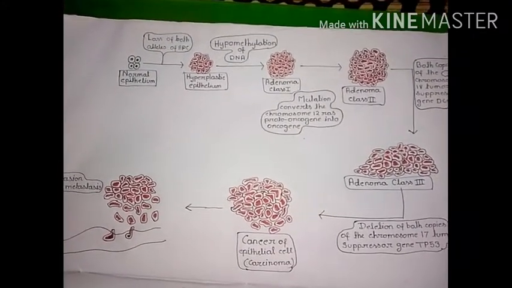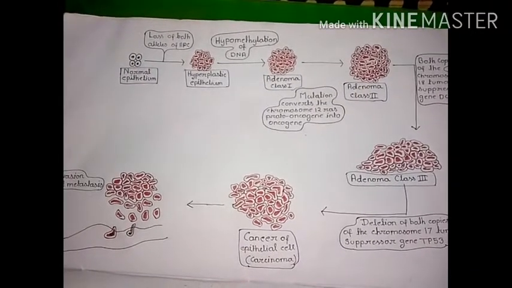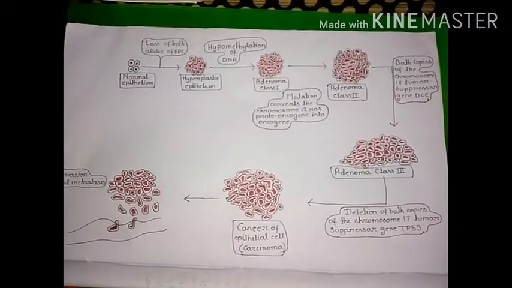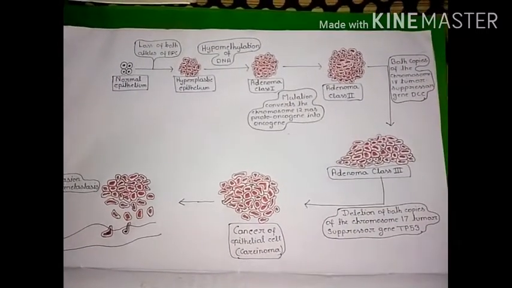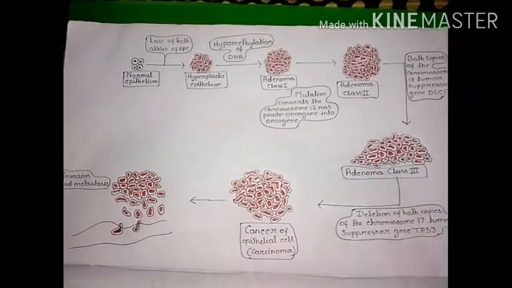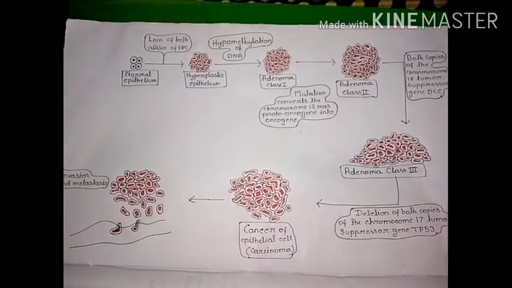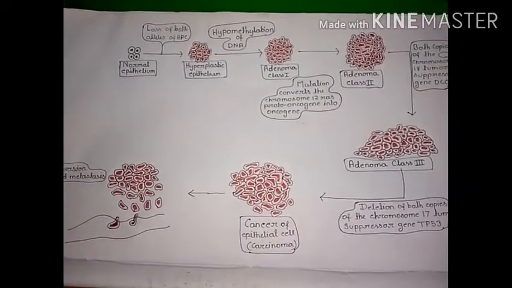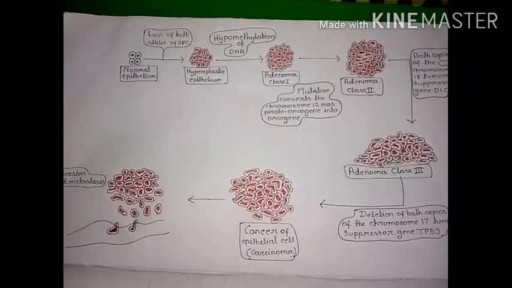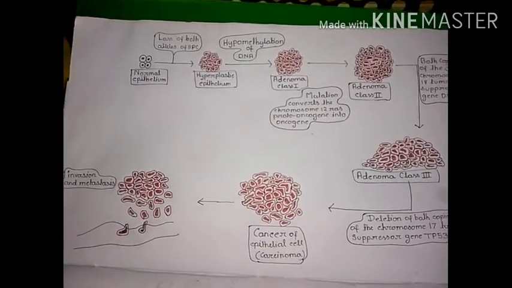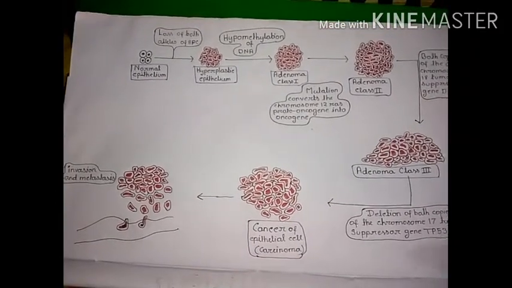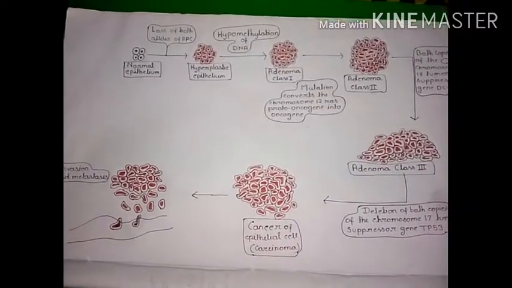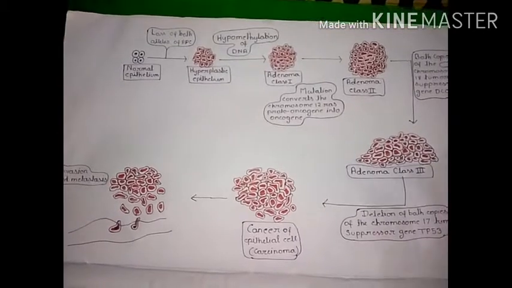There are several types of genes involved in this process, like tumor suppressor genes and proto-oncogenes, in this stepwise process. So a single mutation is not enough in the transformation of a normal cell into a cancer cell. It needs several mutations, and not only several mutations in a single gene, but several mutations in different genes. So different genes are involved in this process.